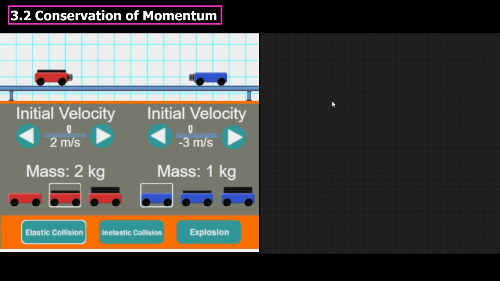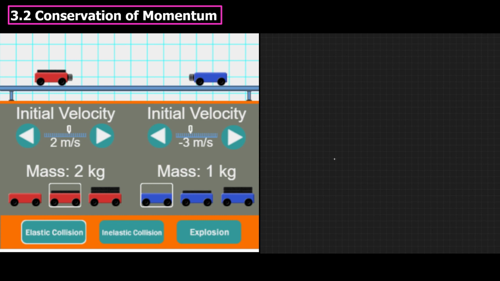Okay, I want to talk about conservation of momentum, and in this video I want to do it by looking at a simulation. Conservation of momentum says that momentum is conserved. When we talk about momentum being conserved, we have to have had some changes, and that change is provided